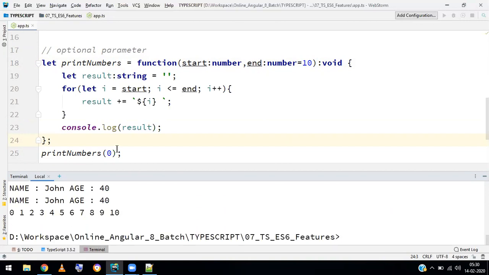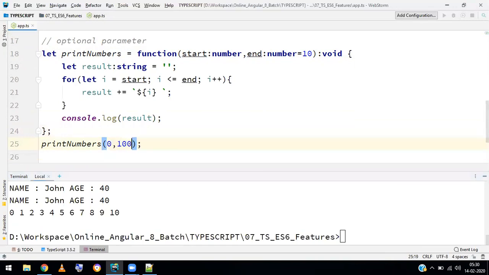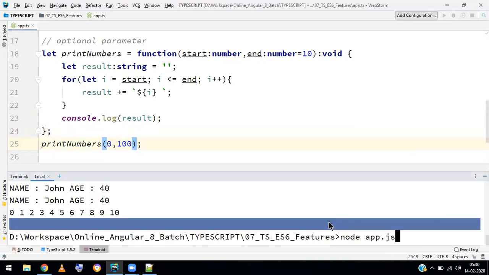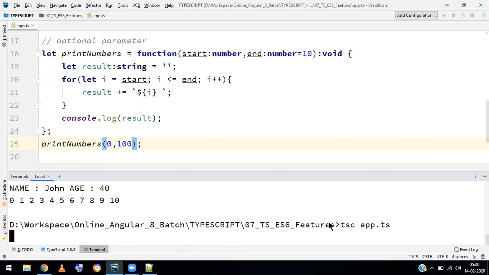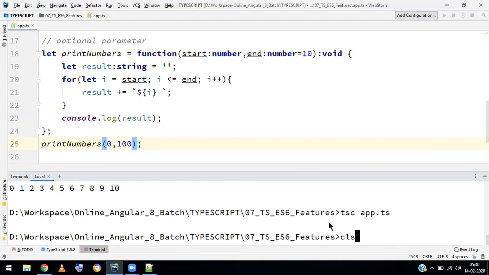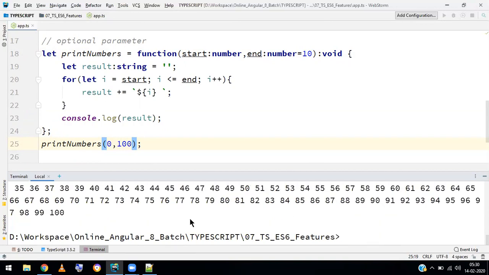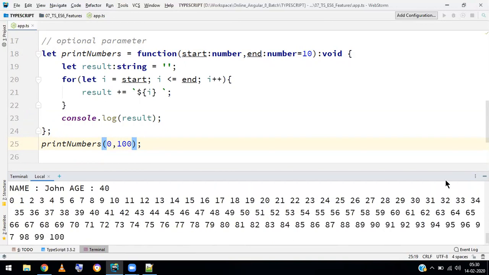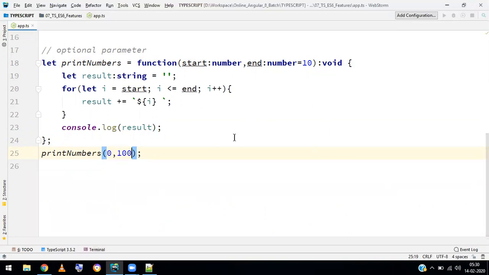So it will take 10 as a value, and if you pass 100 and see, it takes 100 as a value. Okay, so that's about optional parameters of ES6. And next,